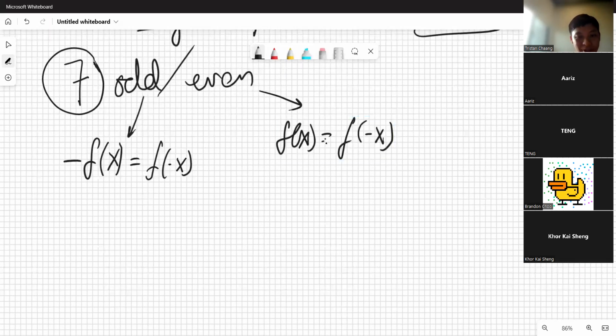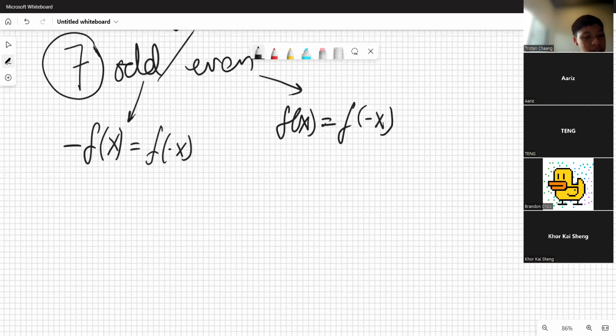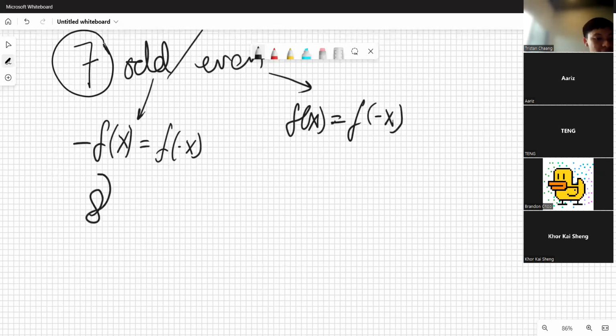I'll not describe it geometrically. But sometimes you can try to prove something is odd or even. That means you just have to focus on x more than or equal to 0 throughout your whole proof, because you already know this relation that relates the positive and negative numbers. So you can just focus on some half plane of real numbers if you manage to prove something is odd or even. And the eighth case